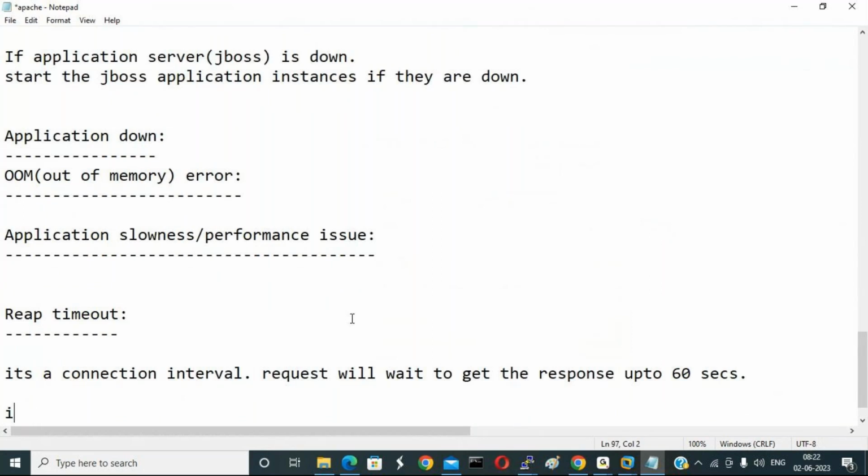If there is no response within the time interval,